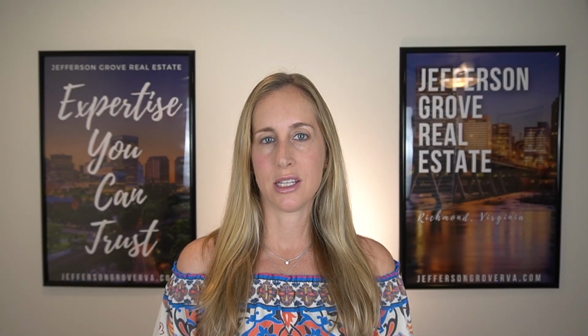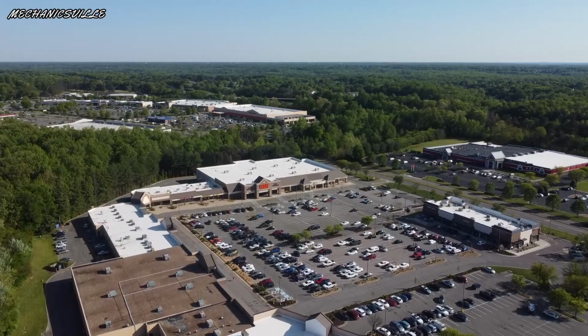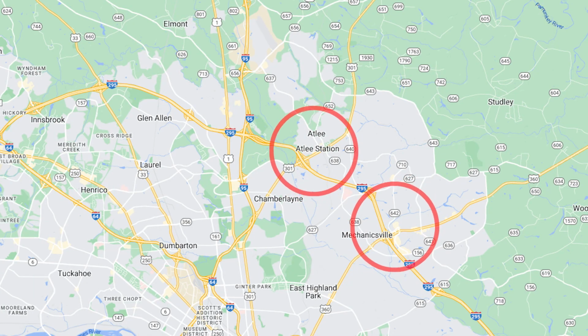Up last before we head to the city is Mechanicsville. Mechanicsville is one of the most affordable suburbs around Richmond, and the reason is that the commercial amenities are lacking compared to all of the other areas previously mentioned. Now, don't get me wrong, you have everything you need for daily living, but it is scattered about in 2